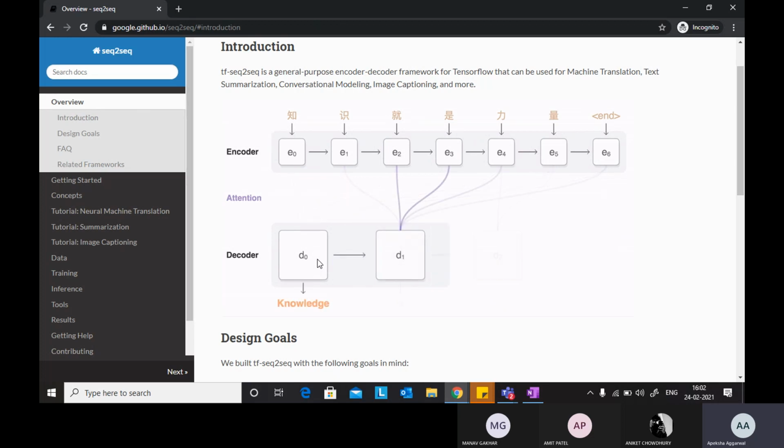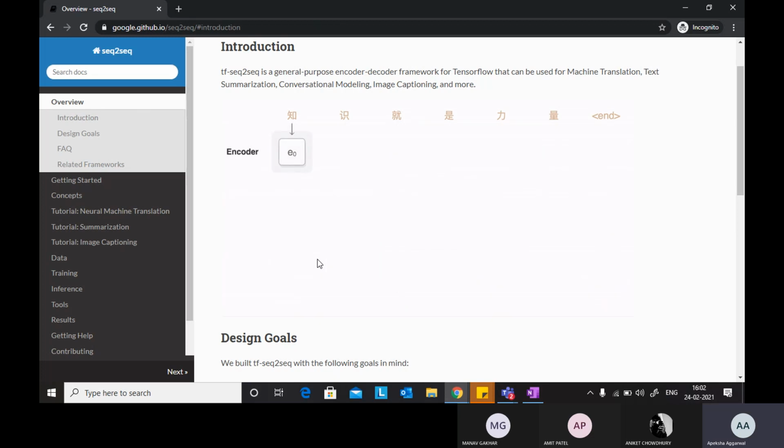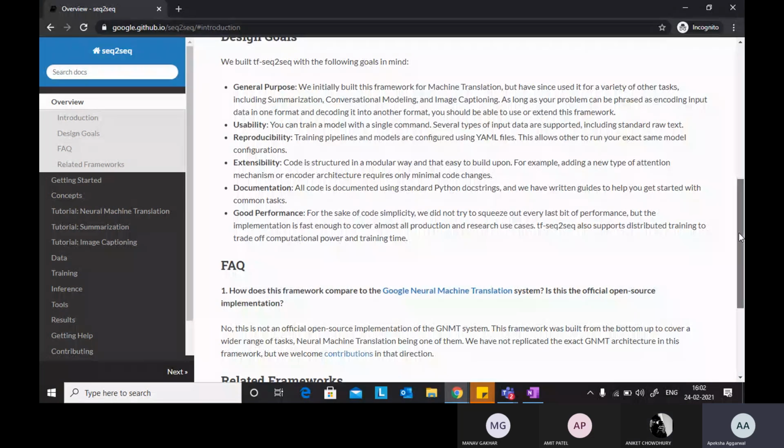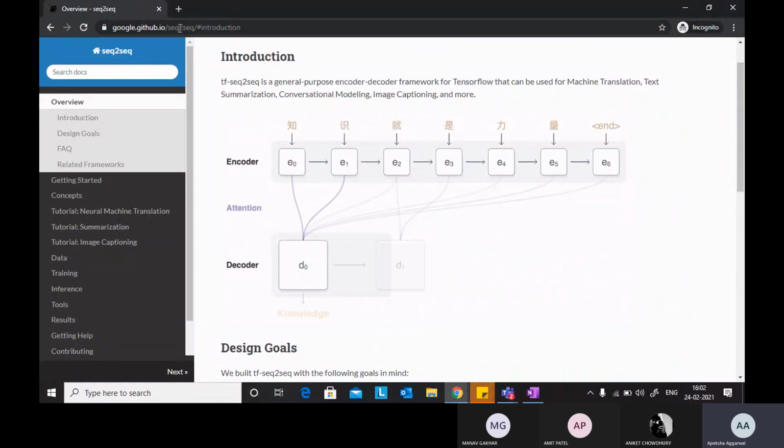So this was it for today. We are not getting into much detail. You will find this, because this was developed by Google, so you will find everything about it on this GitHub